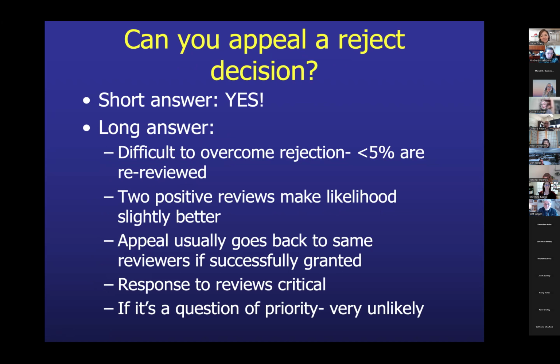And rejection per se from New England Journal is not such a bad thing. It's such a highly competitive process, but we do accept appeals. Although the rate of appeals are less than 5%, we're currently appealing a paper in Nature, but it's highly unlikely this will even be acceptable. In the appeal process, first, the editors have to agree that you can appeal. And then second, you have to submit a response to all the comments, and then you have to get it sent back out. So the possibility of approving the appeals are quite minimal.